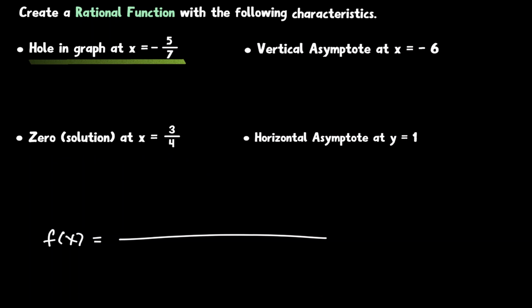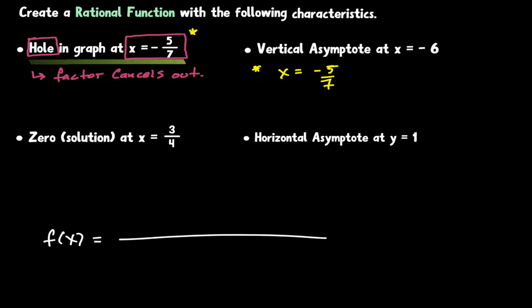a time. So let's take a look at our first characteristic, a hole at the value of x equals negative 5 over 7. Well, when do we encounter holes in a graph? Remember that holes occur at the factors that get canceled out whenever we are simplifying an expression. So if we want to have a factor where x is equivalent to negative 5 over 7, one way of finding that factor is to write the value